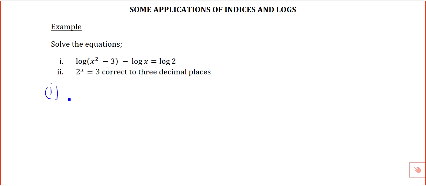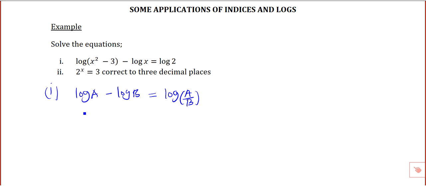what we need here to remember is the rules of logs. The rules of logs, for example, if you have log a minus log b, according to the rules of logs, this is the same as log of a over b. So when you subtract, you divide a by b. So we can apply this